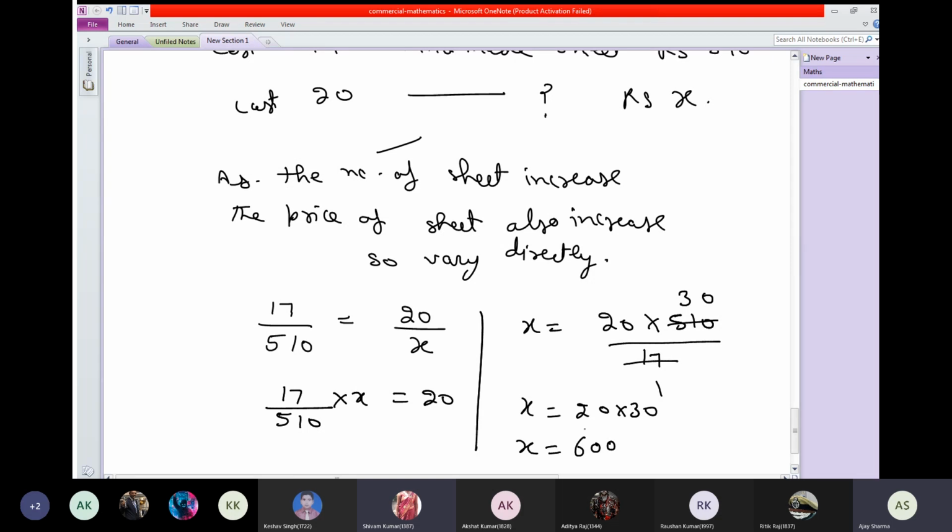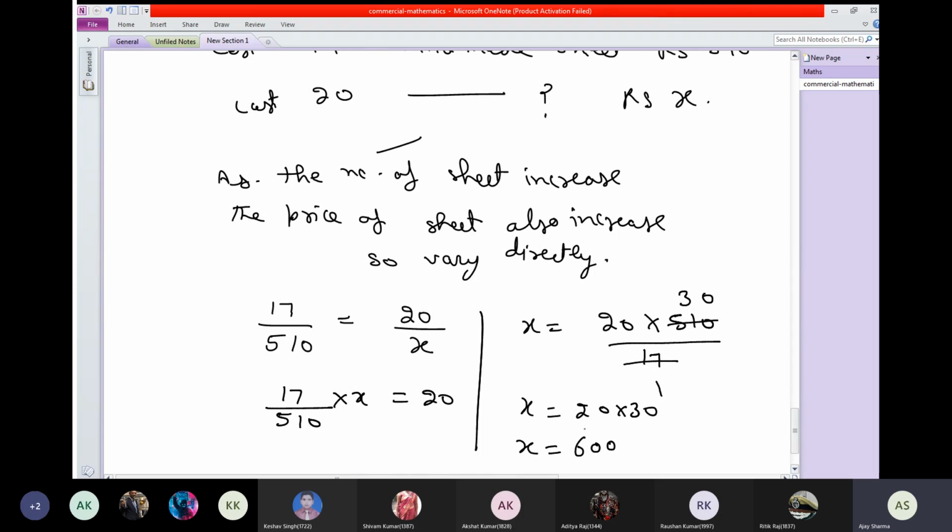You can solve by the same method, that is known as the unitary method, and you will learn it in class 7th. Now, sir, we have to learn another method, that is direct variation or inverse variation. You already learned the unitary method in class 7th. Now you have to learn this method. In direct variation their ratio is the same, in inverse variation their product is the same. Now question number 4 is done.